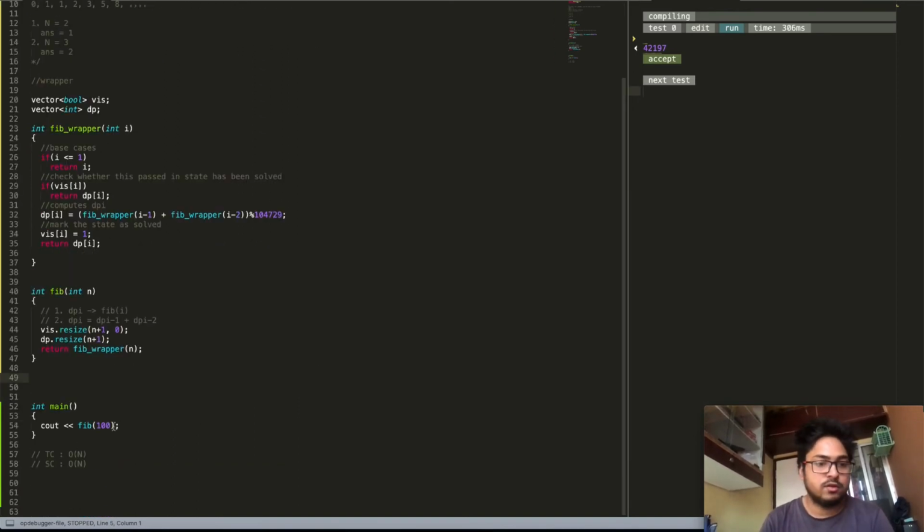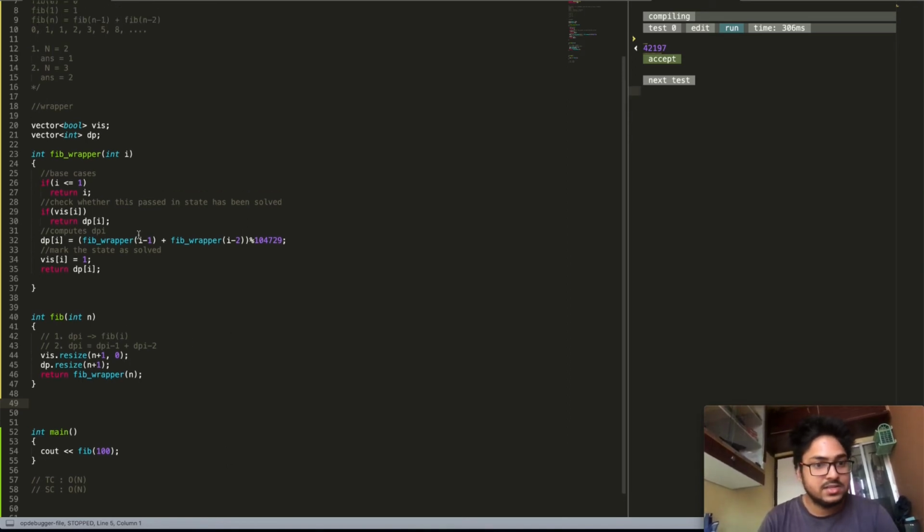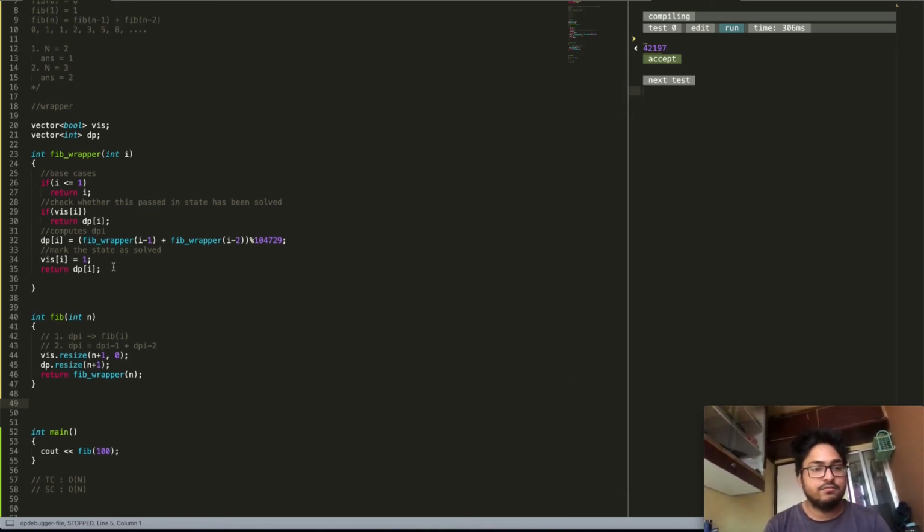Actual value of Fibonacci of 100 will be way too large to store in the range of integer. All right, so let's see if we can actually make a few changes to the function and if it still works fine. All right, so what if I comment this line number 34? What will happen? So in this case, the code will run in exponential time, and this exercise I'm going to leave to you. I'm going to give you a hint why this runs in exponential time.